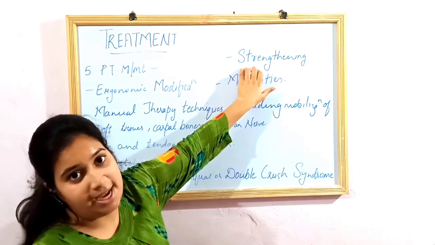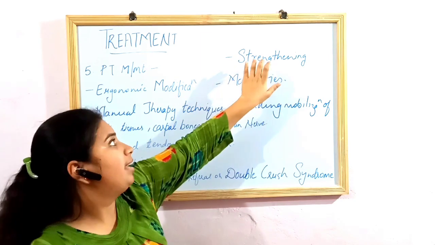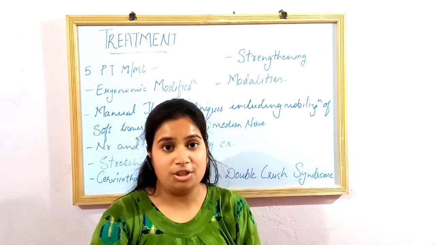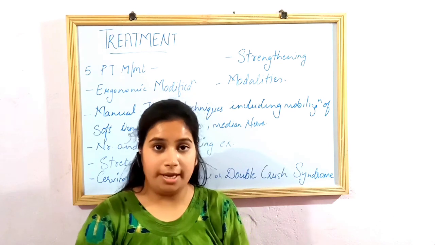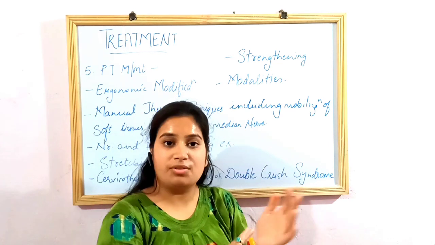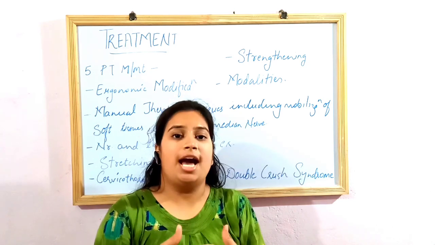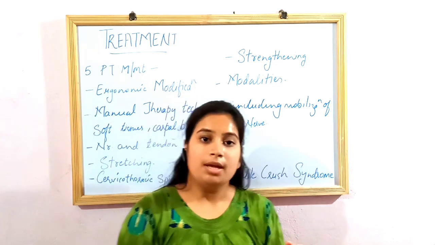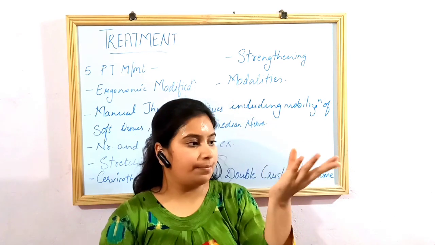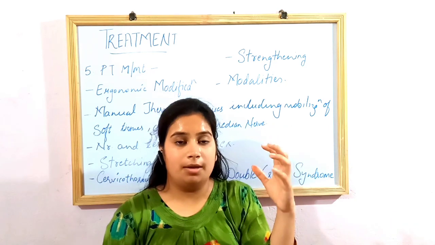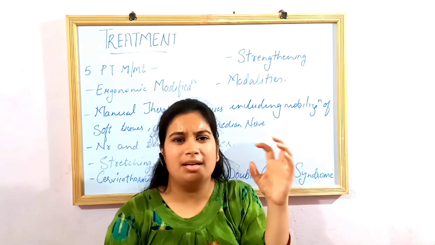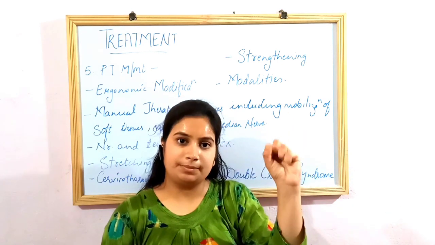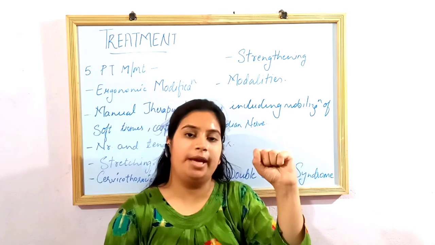The last phase of our exercises, or we can call it rehabilitation, is the strengthening part. Strengthening exercises are the last phase. Okay? Strengthening of your extensors, wrist extensors and everything. It will help you to gain your strength and grip, which you lost while suffering from carpal tunnel syndrome. If you are using a ball for grip, you can use a smiley ball or a lacrosse ball to do this. You can use a ball and do this, okay?